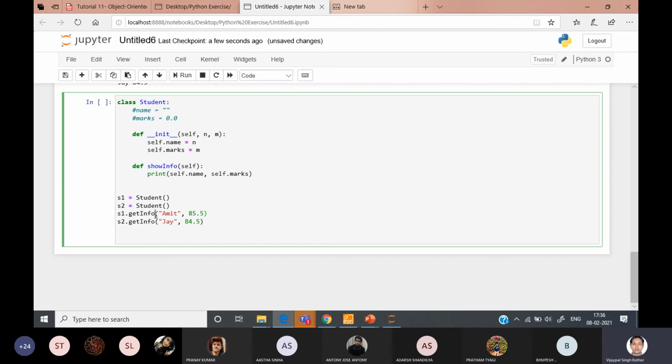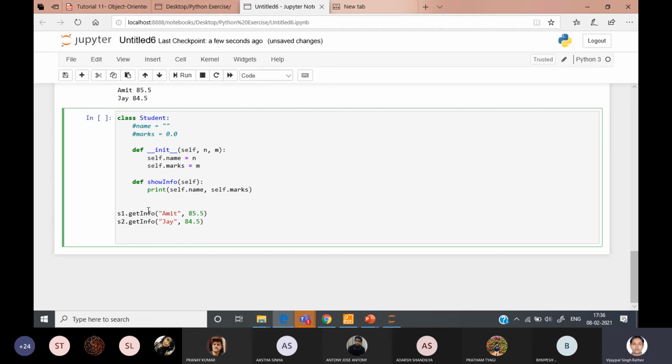So instead of get information we need to write here s1 equals to student. Okay, that you can do, s2 student. पहले स्टूडेंट लिखा था ब्लैंक बॉडी के साथ में.